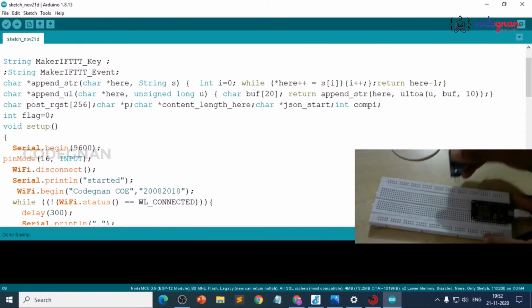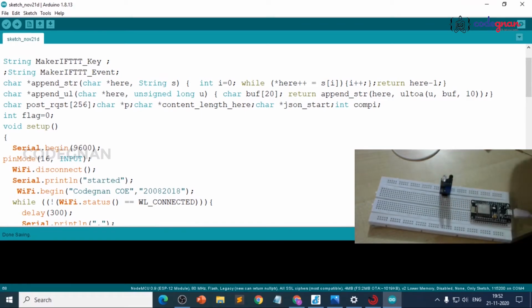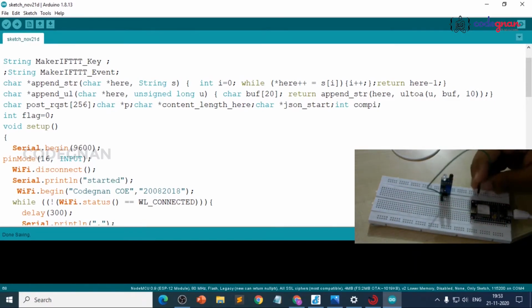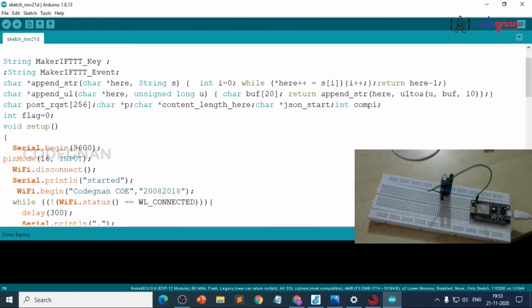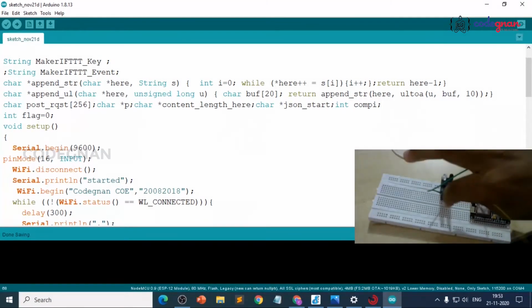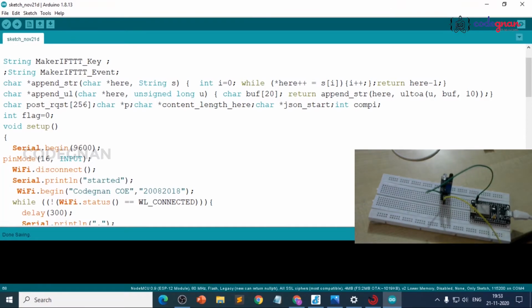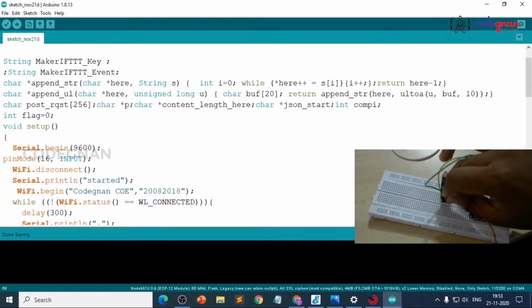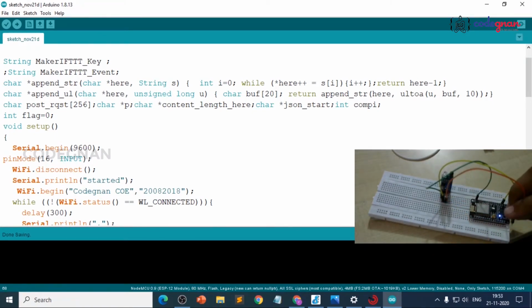I'm placing the IR sensor here, and OUT is given to D0, and ground is connected to ground of NodeMCU, and VCC is given to Vin of NodeMCU.